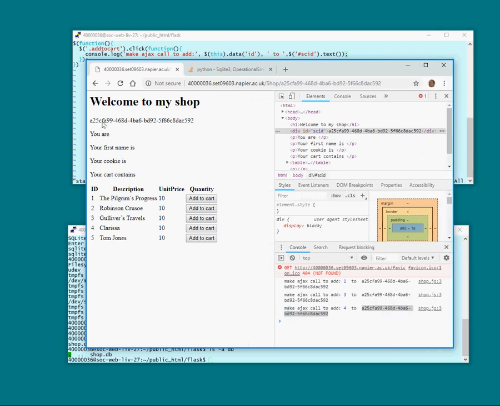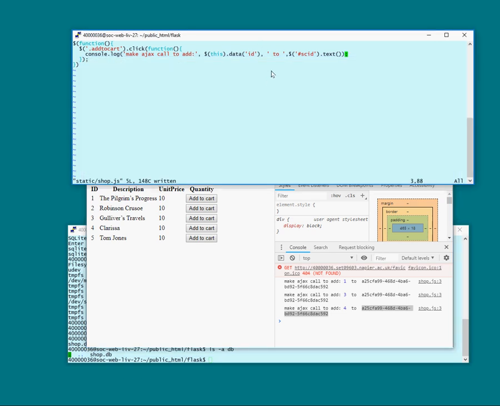And this thing here that's showing up, that's easily hidden. We can go into the HTML and just make that div hidden if we want to. But let's make our ajax call. Here's how we make an ajax call. So I can say